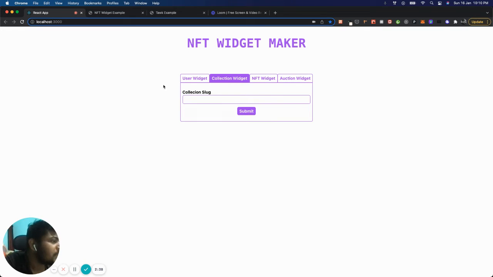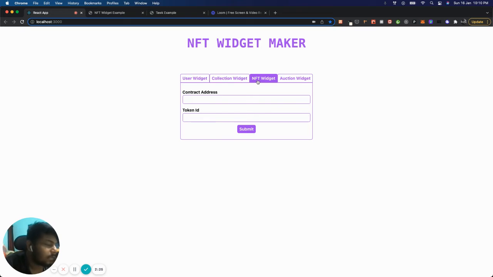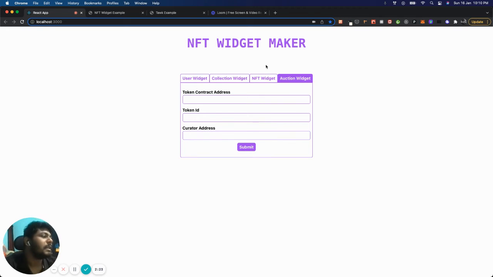Where I've used the OpenSea API is in this one, where I'm providing the collection slug, because the sort of information that NFTPort provides through their collection API is not very extensive, but then again, that's that. For the NFT widget, again, I'm using NFTPort, and for the auction widget, I'm using the Zora API. Although this has not been fully implemented, ideally this would be a widget that will give a timer that you can append to your website, your newsletter, your storefront, so that people can see how the whole thing is doing.